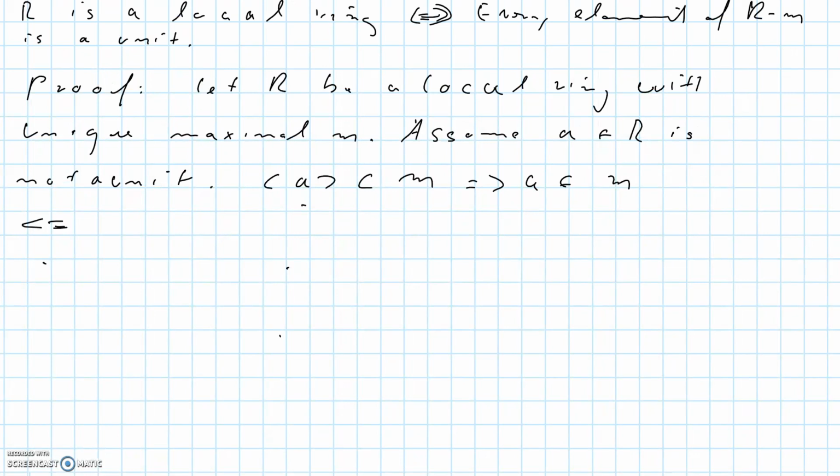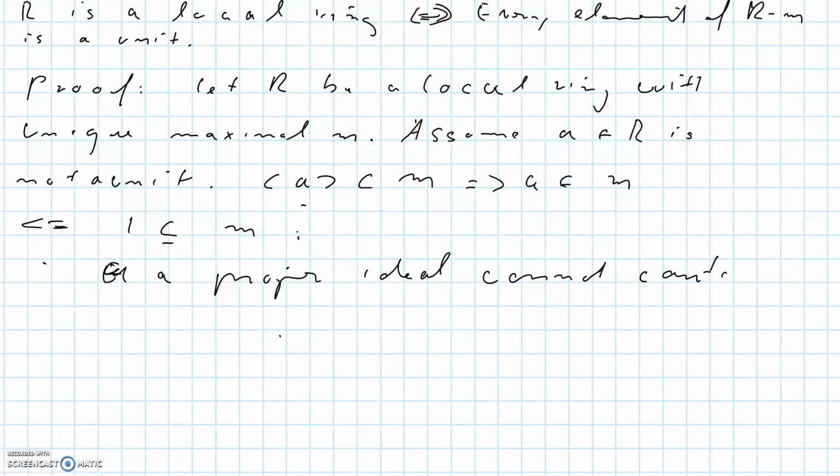So in other words, we want to show that every ideal I, which is of course a proper ideal, has to be contained in M. And that's fairly easy to see because a proper ideal, of course, cannot contain a unit,